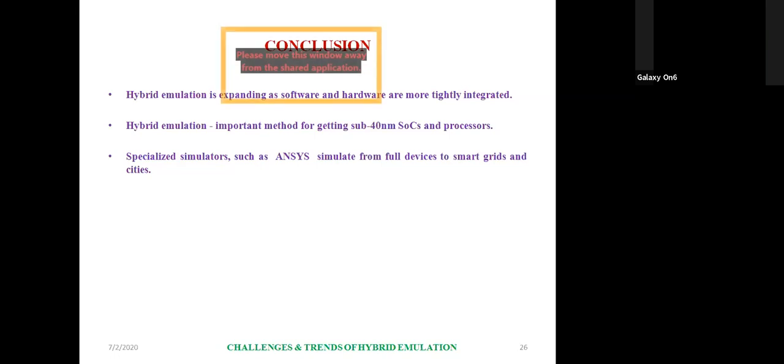There are special simulators like ANSYS that also simulate from full devices to smart grids and cities. So ANSYS is a simulation tool. Normally the aerospace as well as the mechanical and thermal people use this tool for their CAD facilities, and nowadays they are using it for smart grids. They have released one tool called RedHawk, Power Hawk. Here the RedHawk can be used along with these emulators for low power